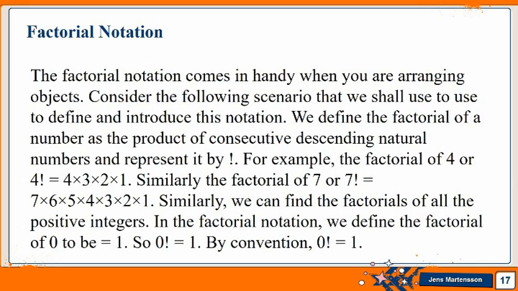So, you have to consider the following scenario that you should use this notation. We define the factorial of a number as the product of consecutive descending natural numbers and represent it by a punctuation mark. So, every time you see 4 with this symbol,